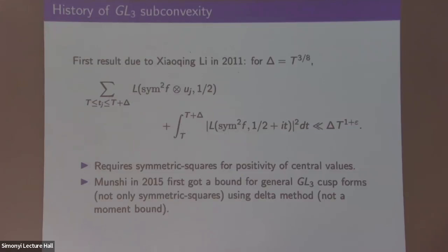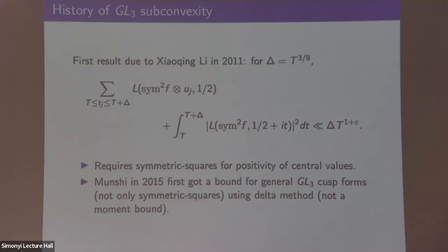Okay, so I wanted to talk a little bit about the history of GL3 subconvexity. It's sort of a short history. The first result of any GL3 subconvexity bound is due to Xiaoxing Li in a paper published in 2011. The way that she attacks the problem is she looks at a certain moment. So it's actually a first moment of GL3 cross GL2 L functions, where the GL3 is fixed and you're averaging